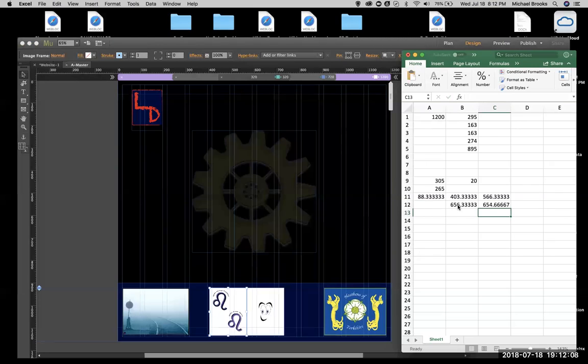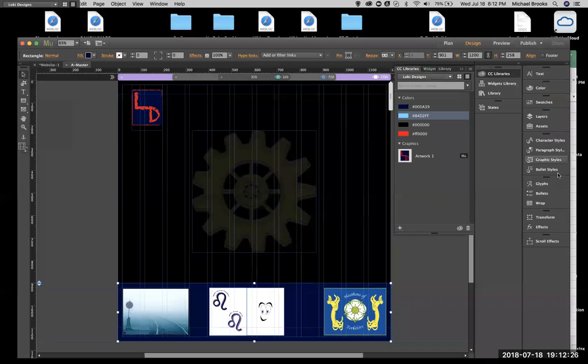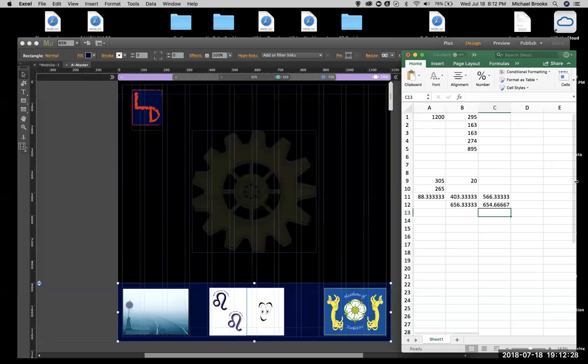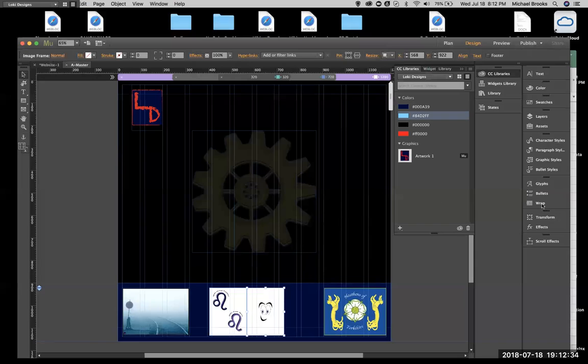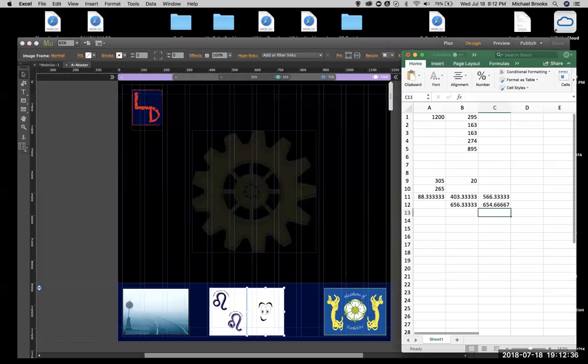Mm-hmm. So neither's wrong. Your way would work too. But the easiest way to do it for a lot of people, rather than do all the, yours is great because you're doing the math in between and everything, right? Right. Okay, now I just take this, put it right at that edge,